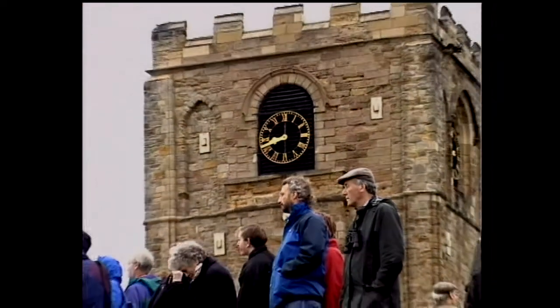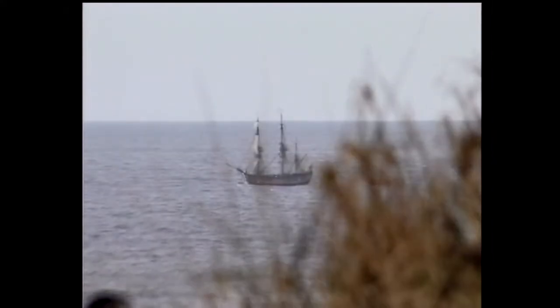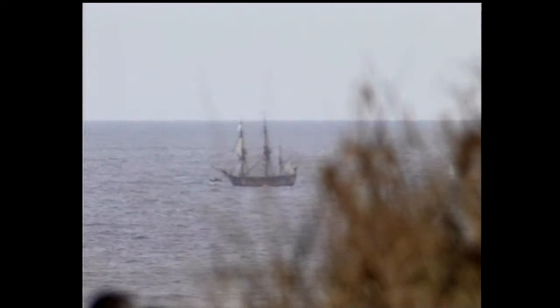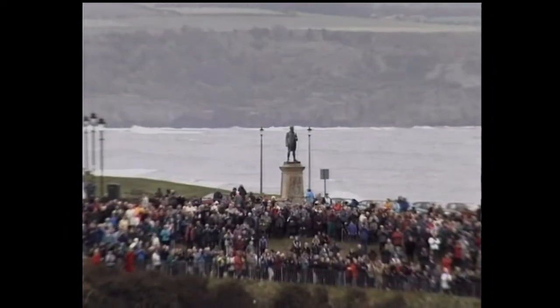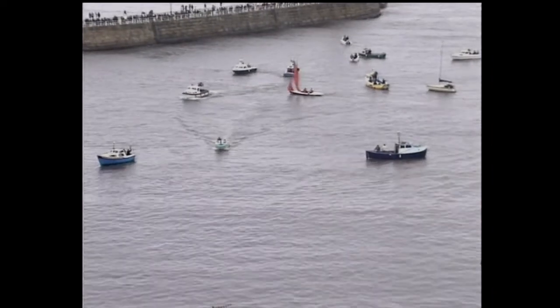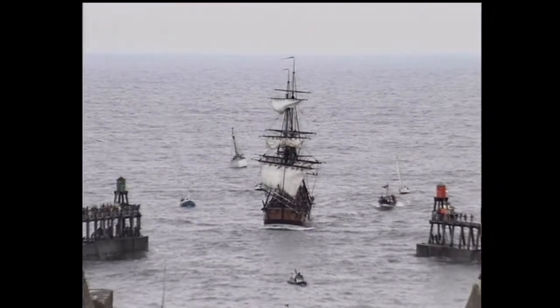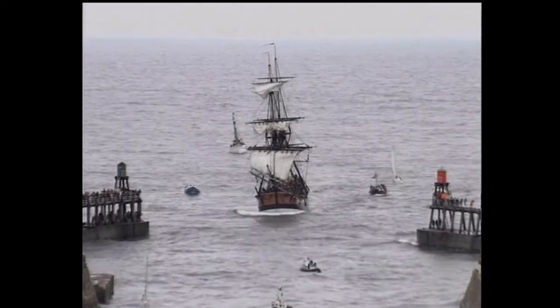On October the 21st at 8:40, Endeavour once again rounded the headland and made for the harbour of Whitby. The crowds again turned out in their thousands, and a small flotilla waited in the harbour to welcome the Endeavour. What an entrance! Amid cannon fire, the magnificent sight of the replica HM Bark Endeavour entered the harbour, returning to